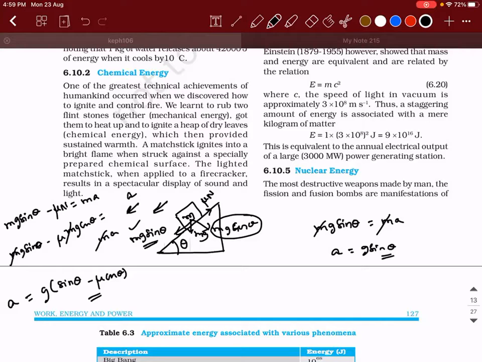In tomorrow's class, we are going to discuss something really important, which is a combination of the previous chapter and this chapter. You will be able to understand only if you have a grip of both. So please revise and just go through circular motion also and come to class.